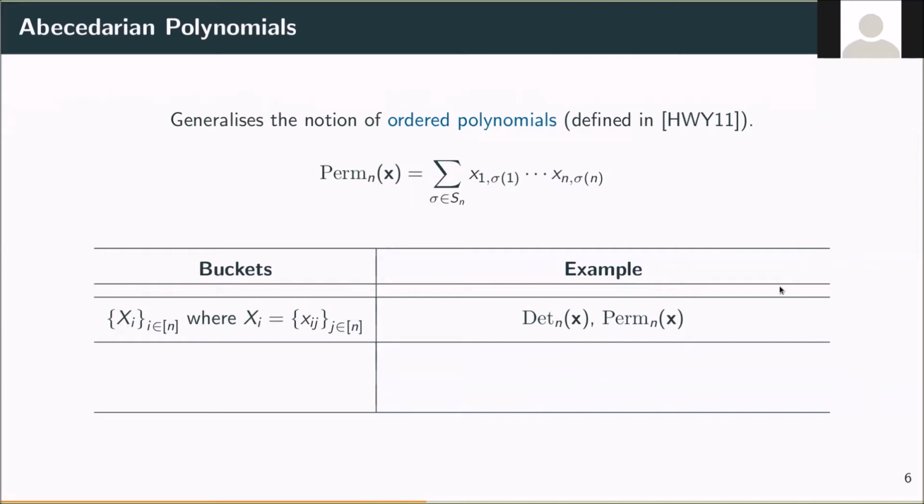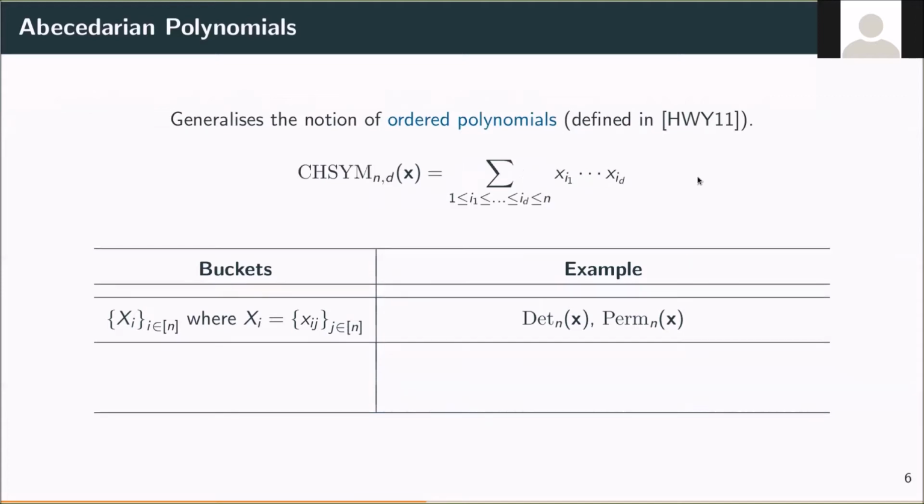Now any ordered polynomial is also ABCD with respect to the same partition, because the partition is based on position for the polynomial to be ordered, right? And by the very definition of position, the variables appear in ascending order of their bucket indices. However, the class of ABCD polynomials is slightly bigger than the class of ordered polynomials.